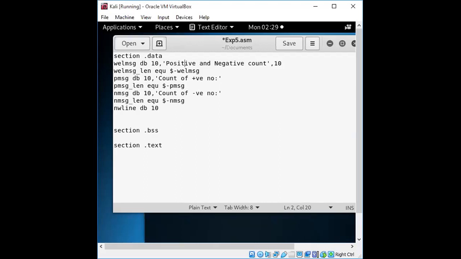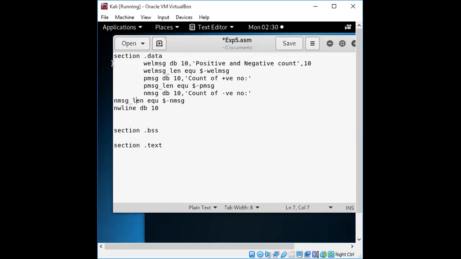Indentation you can give, so that you can see which section has ended. By mistake, as per your regular habit, don't give the semicolon at the end, because that is not expected in assembly level programming.